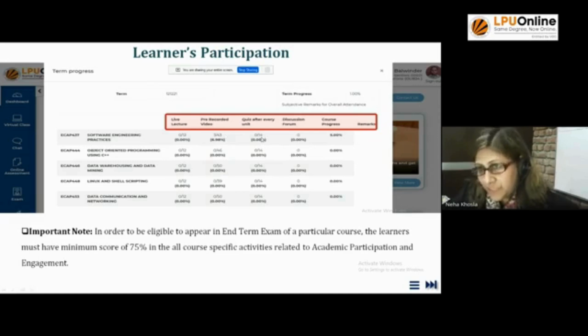फर्दर, द क्विज आफ्टर एवरी यूनिट, जो भी आपका ये कोर्स कंटेंट है, हर यूनिट के बाद जो सेल्फ असेसमेंट्स हैं, लाइक देयर आर 14 यूनिट्स, तो 14 सेल्फ असेसमेंट्स हैं। जैसे जैसे आप यूनिट्स पास करते जाओगे यहाँ पे नंबर अप होता जाएगा।